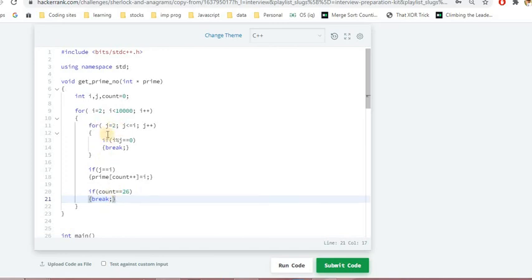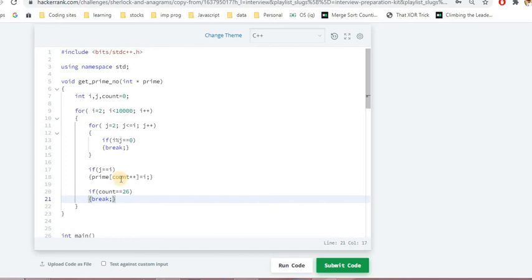After that, for j, it will start the loop with 2 and run while less than i. If for any value of j that completely divides i, the remainder will be 0 and that won't be a prime number. So we'll break out of the loop, and this will go on until i is equal to j. So in that case it is a prime number, and we will initialize that prime number